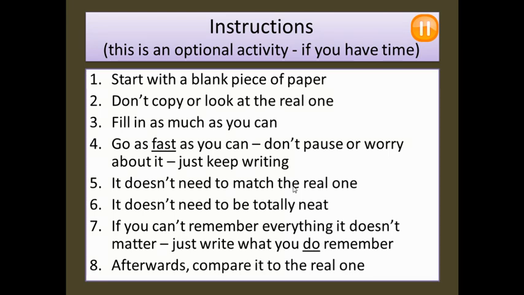Go as fast as you can, okay? Don't worry about it. Don't stop and think. You don't have to look back at any work you may have done, written tasks. Just see how much you can actually remember, how much you've learnt and you're able to retain. It doesn't need to match the real one. It doesn't need to be particularly neat, as long as you can read it. If you can't remember everything, it doesn't matter. Just write what you do remember, because that'll show you what you have actually learned, okay? And then afterwards, you can